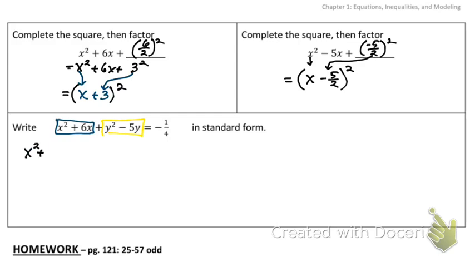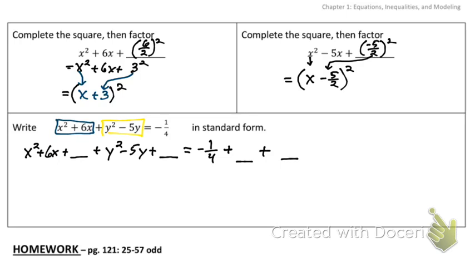I go, okay, it's x squared plus 6x plus something for my x's to complete the square. And then we're going to have plus y squared minus 5y plus something is going to equal negative 1/4. Now, if I just add something to one side, is my equation balanced anymore? No, it's like if you're lifting weights and you have a bar and you just add 5 and then 5 more pounds on the left-hand side. You're off kilter. So if you're going to add something to one side, you have to add it to the other side. So the right side is going to be plus something